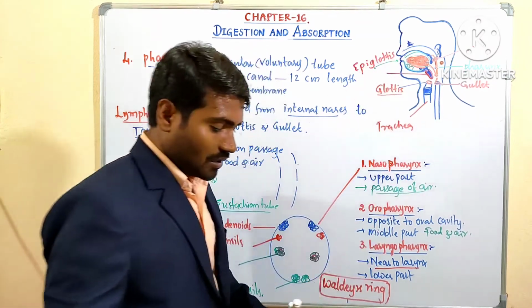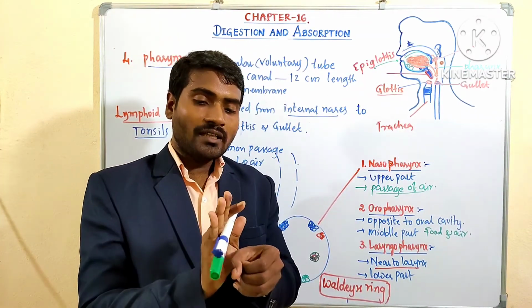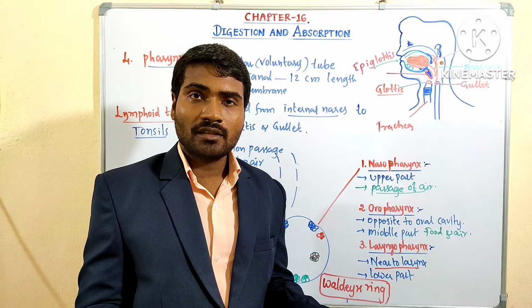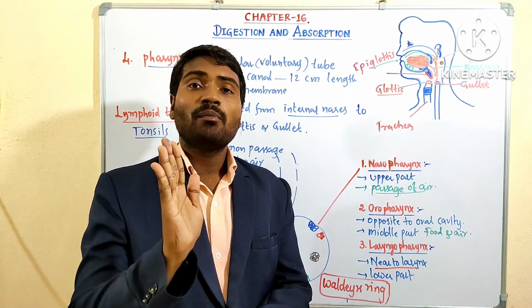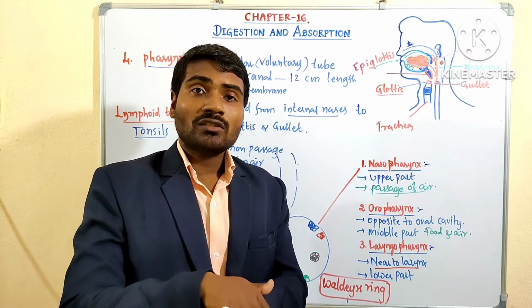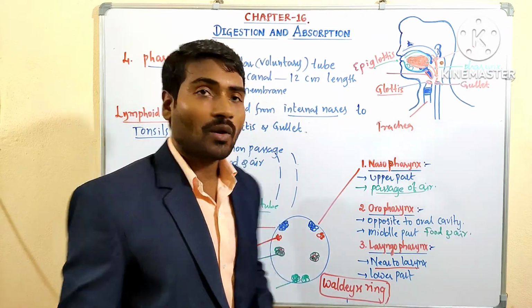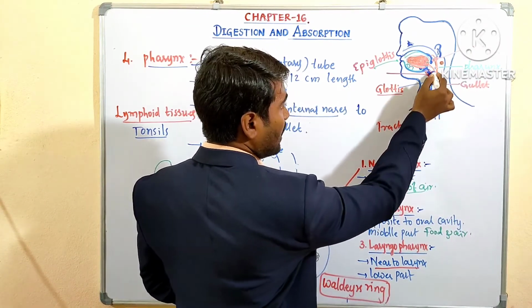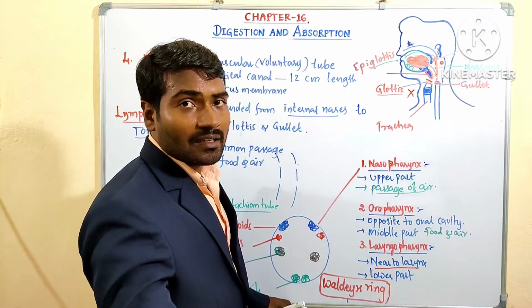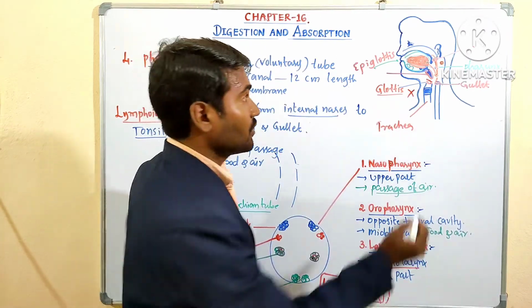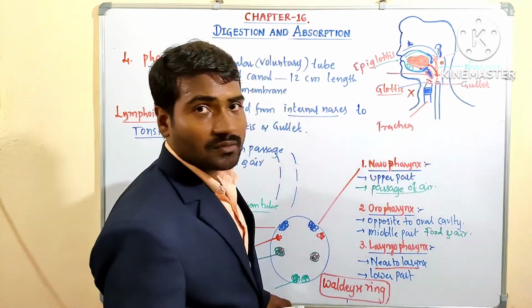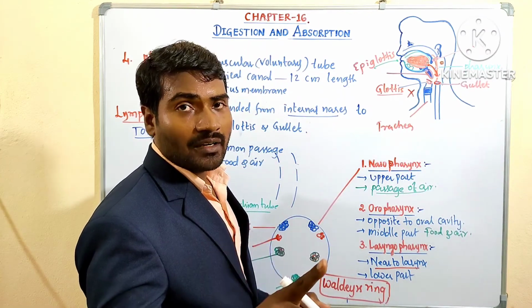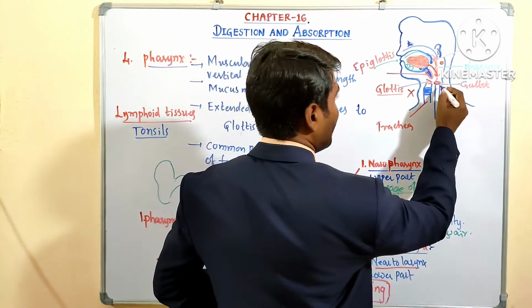This is the glottis opening, and there is a leaf-like structure which closes the glottis. So above the glottis is the epiglottis. The epiglottis opens when we breathe. It closes when we are swallowing. During swallowing, when the food enters the pharynx, it closes the glottis, so it does not allow the food into the respiratory tract, directing the food into the esophagus. The opening of the esophagus is called the gullet. This gullet is protected with a sphincter called the esophageal sphincter.